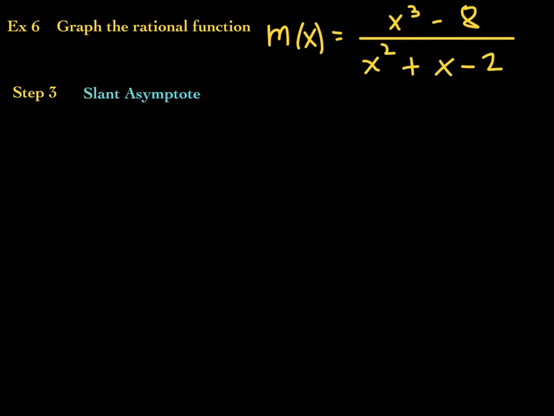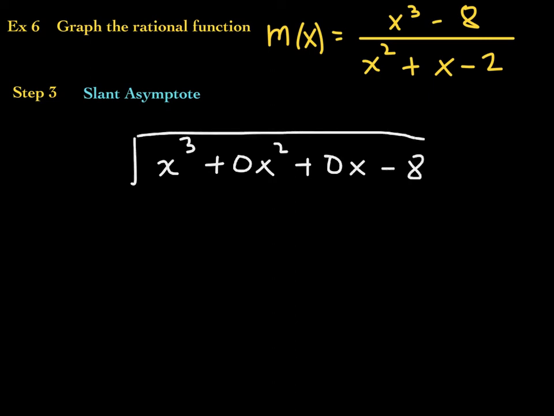All right, the numerator is x cubed. Let me move that over for us. Sorry. Over here, x cubed plus 0x squared plus 0x and then minus 8. And then the denominator is x squared plus x minus 2. All right, so x squared times x gives me x cubed. So I'll put an x up there. Now it's time to multiply all of my divisor by x, okay? So let's do that. You'll get x squared times x, which is x cubed,